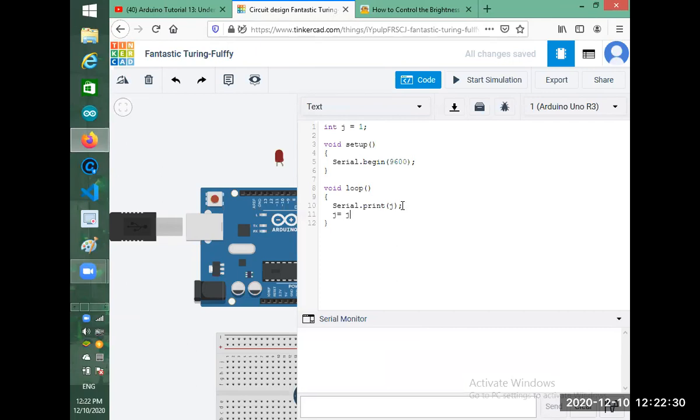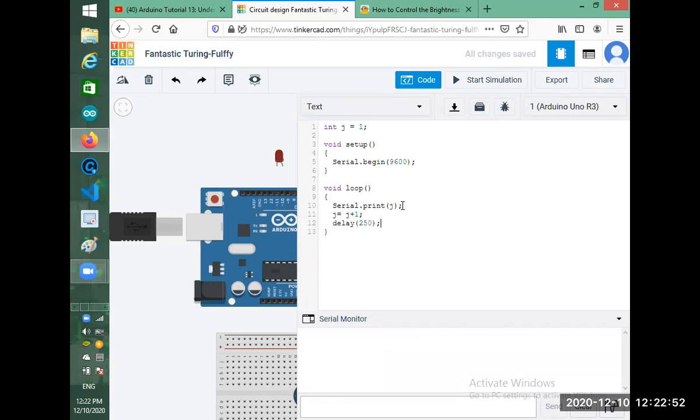So what is happening now? We are increasing the value of j. And we are using delay. Why are we using delay? Because we want the number to wait for some time. How much time do we want? A quarter of a second, which is 250 milliseconds. Our code is ready and we will now execute it.